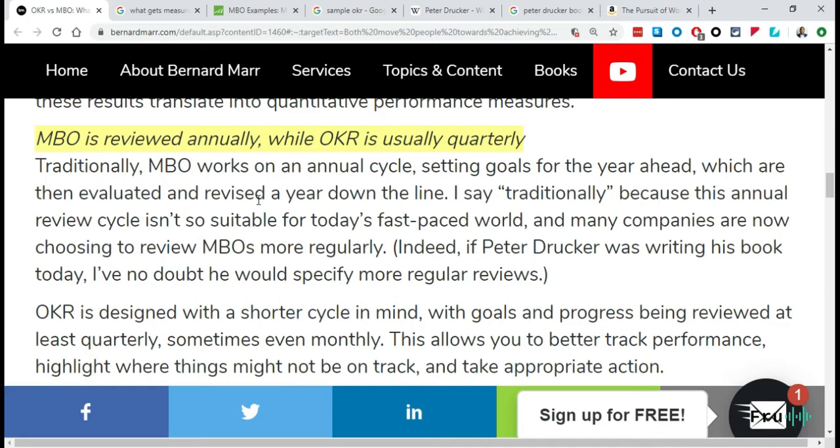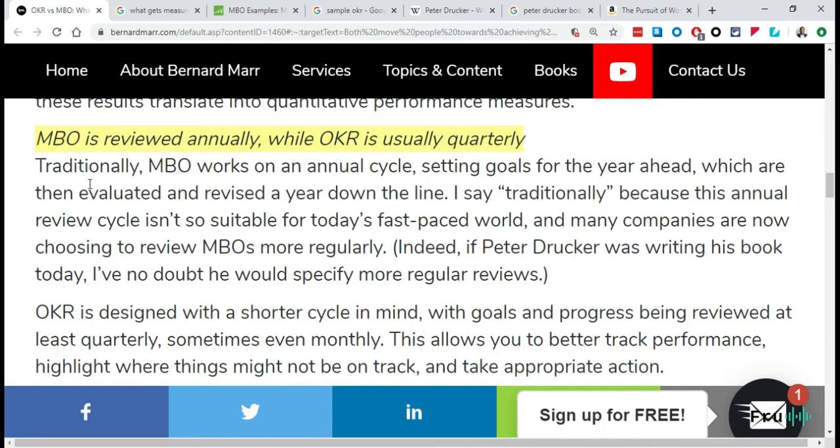And if you think about it in the tech space, it makes sense. For companies like Google, you don't want to be giving feedback to an employee, or looking at key objectives, after one year. That's just too long of a cycle. In companies that need to iterate fast, be innovative and move fast, the quicker you give feedback to somebody, or see if they are on track with their key results, the better. That way they can pivot and make changes. But if you have to wait for one year, guys, that's just too long in the technology space,